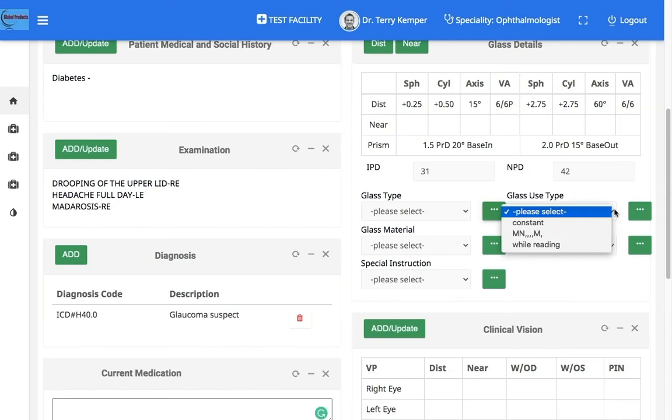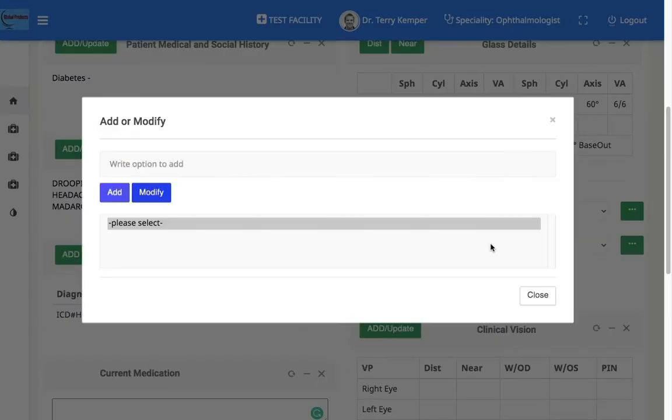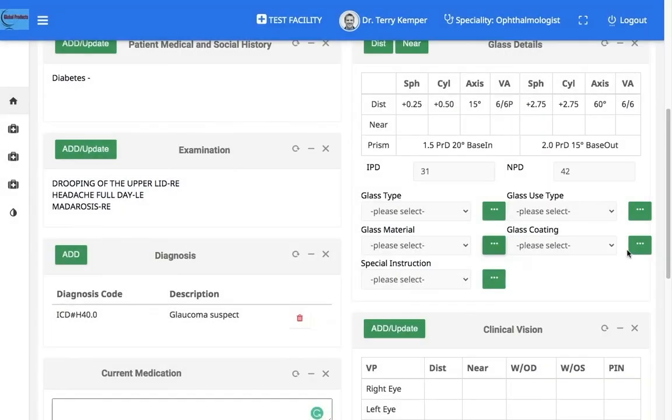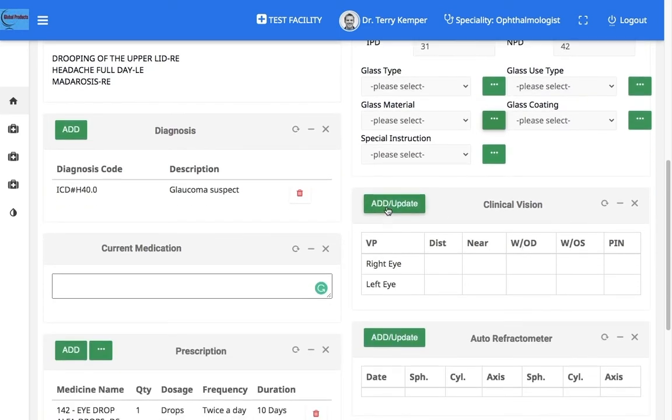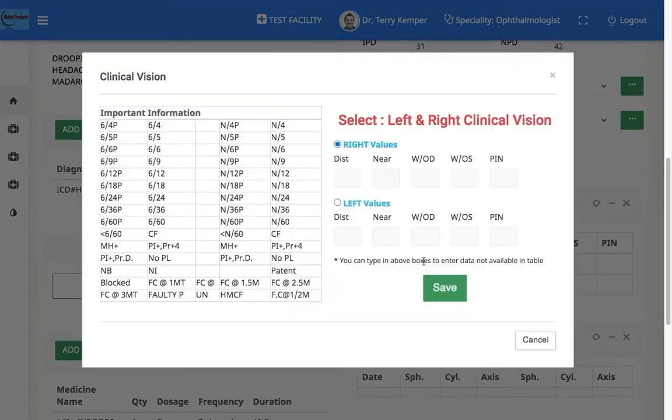Similarly for glass use type, the glass material, glass coating, and any special instructions to be given to the patient. Coming to clinical vision, clicking on add update or any of these cells will open up the chart for selection.